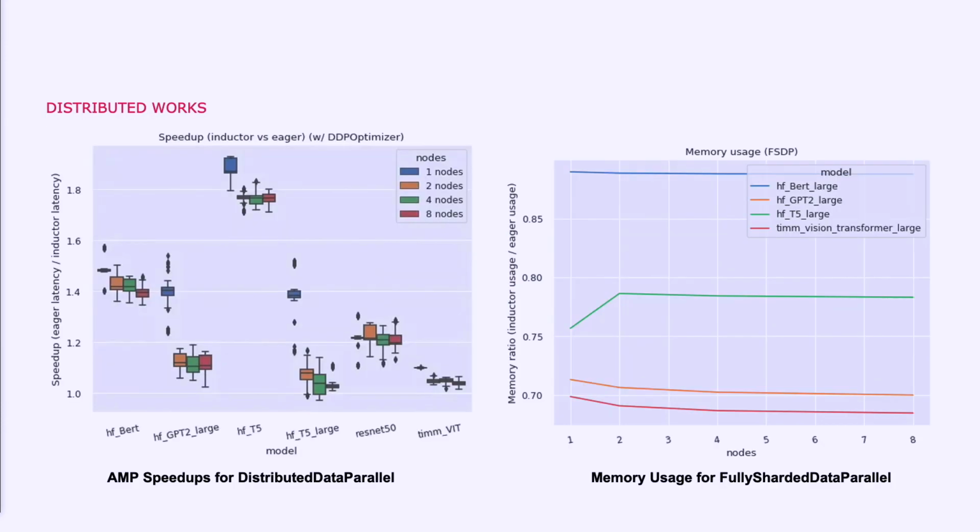So distributed works, and not only does it work, it has great speedups. These are AMP speedups with distributed data parallel. And you see some models are like 15% faster. Some models are like 80% faster, kind of. So if you make the model faster, the communication starts becoming more of a bottleneck. So at some point, we got to figure out how to carefully